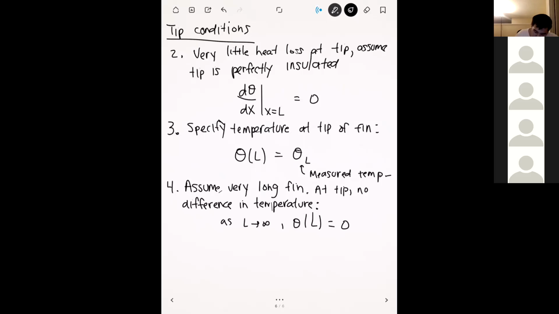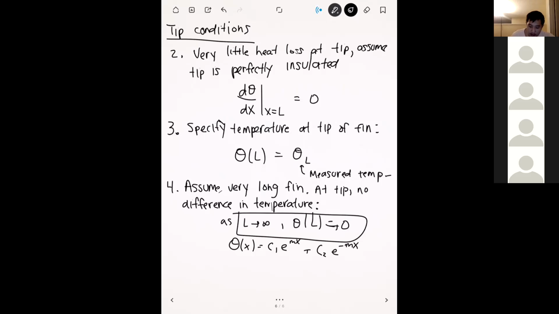And so this condition here is actually really nice because if you remember, when we were solving the differential equation last Wednesday, we saw that our general solution looked like this. We had a C1 e to the mx plus C2 e to the minus mx. And so, if we have this condition where as L goes to infinity, theta of L has to approach 0,